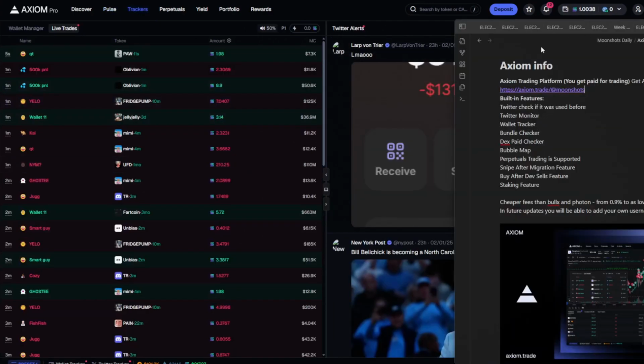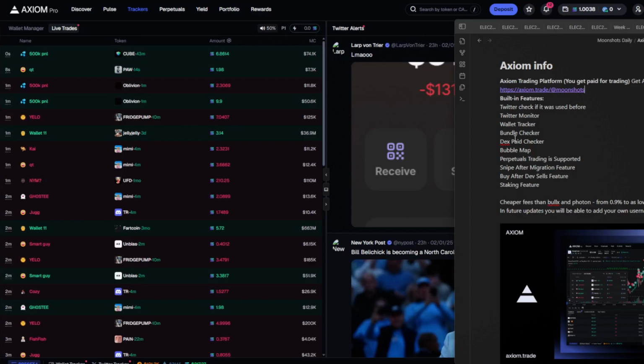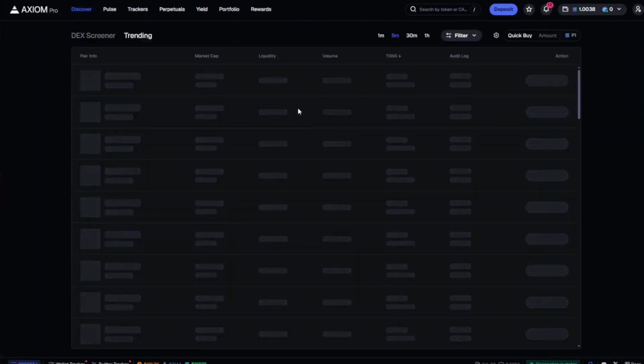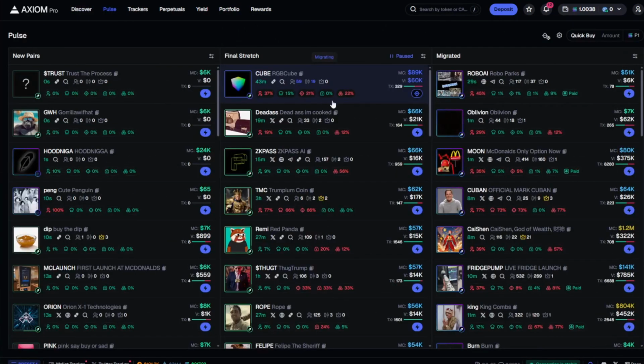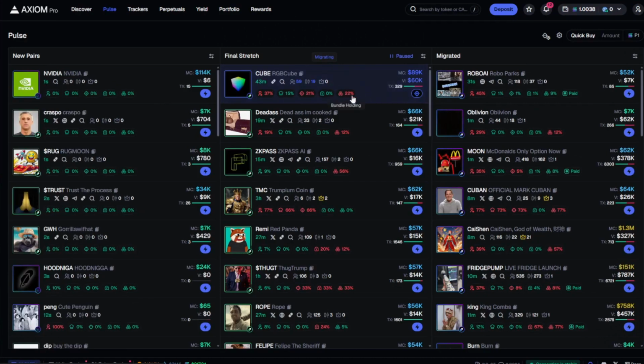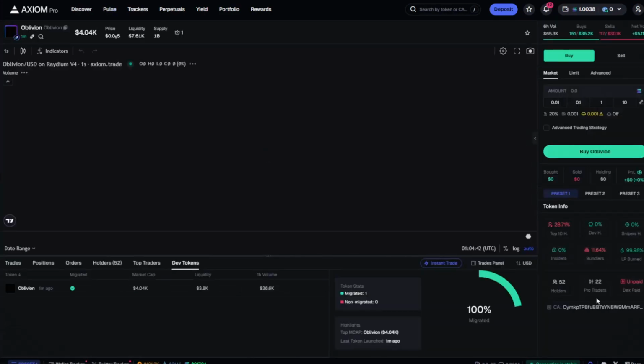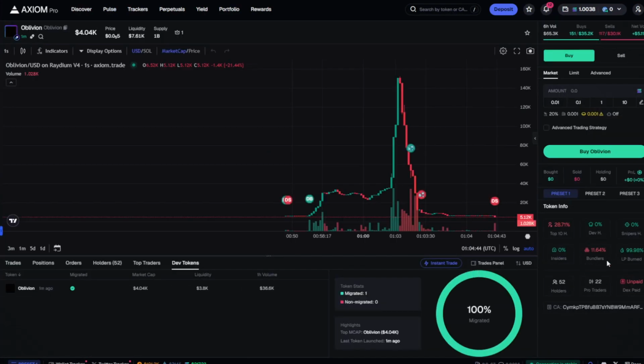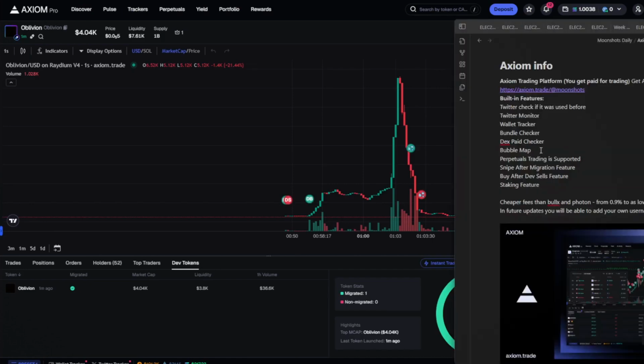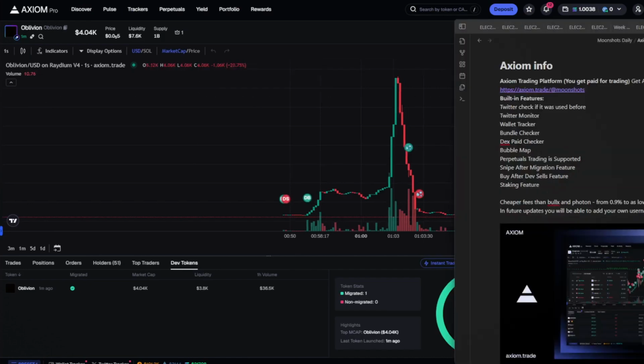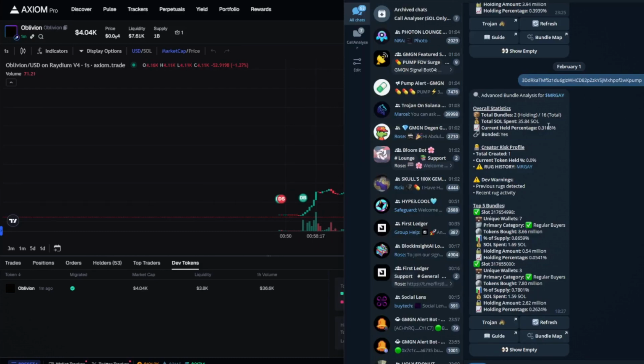As you can see, it's got wallet tracker, it's got bundle checker like I said before, so even if I go over to Pulse and I click on a token, I've already got the bundle holding here, but I can just click on a token. It's also going to tell me how much is bundled here as well, so really useful information. You don't have to be opening up Trench Trader all the time like you used to back in the day, as you probably still do, opening up Trench Trader to see how much of a token is actually bundled,